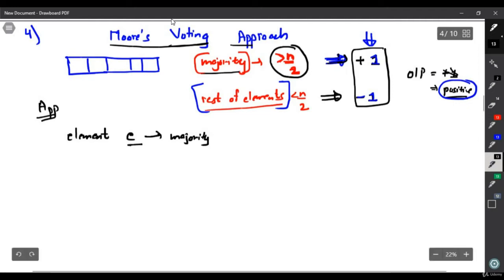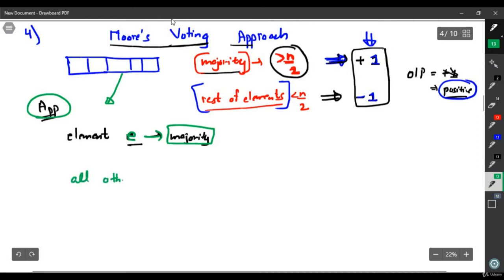Okay, I am repeating myself. The approach is very simple, it will use the intuition. Element E is a majority element. Now if I cancel out all other elements, that is E, the majority element, minus all other elements, what will happen?